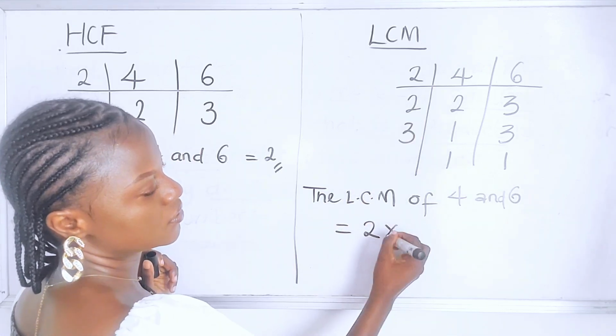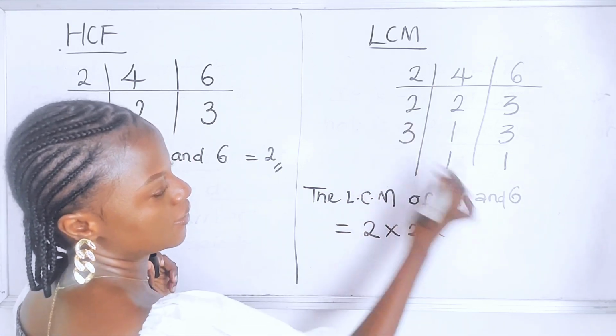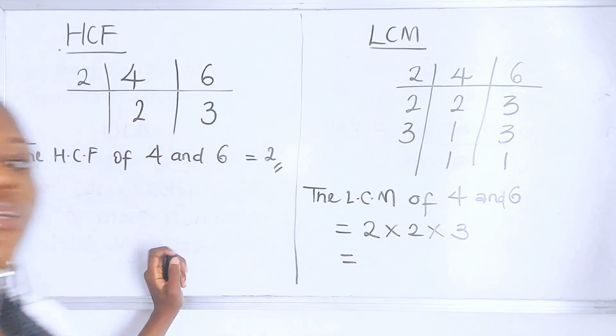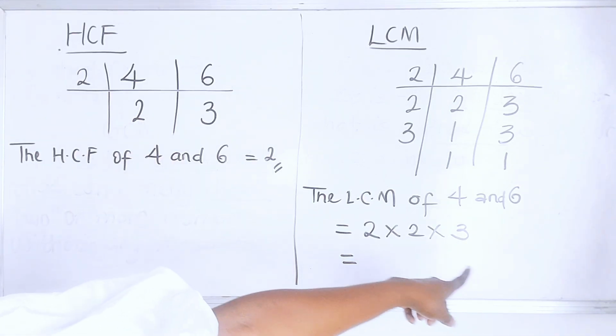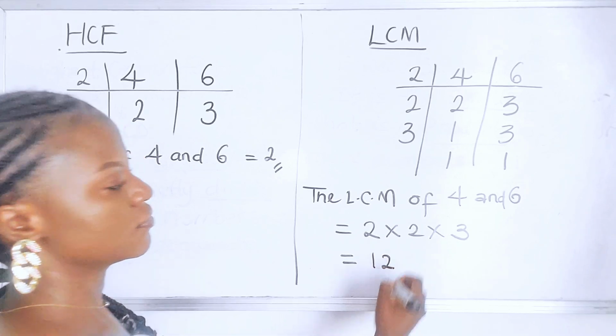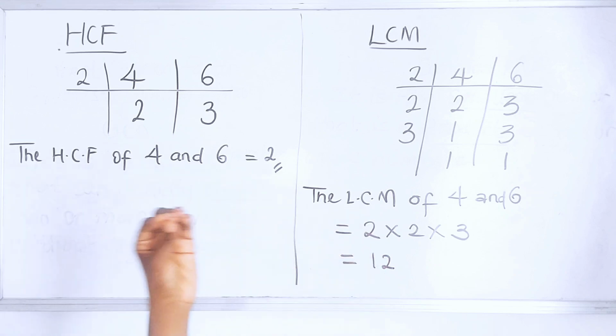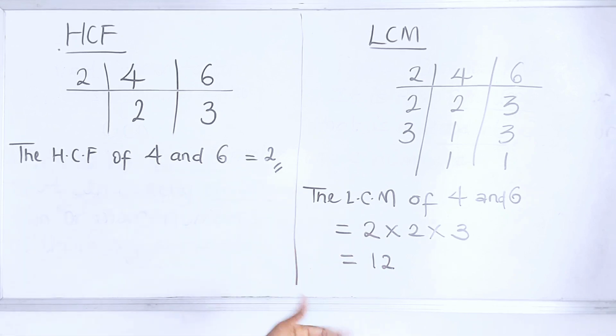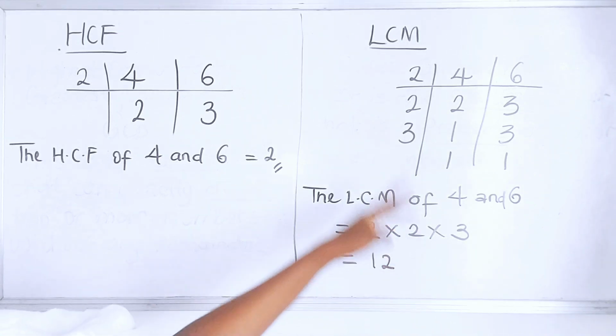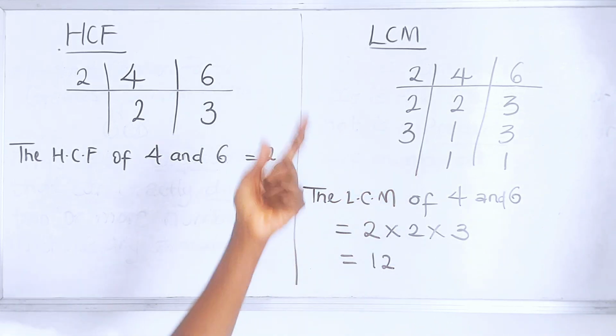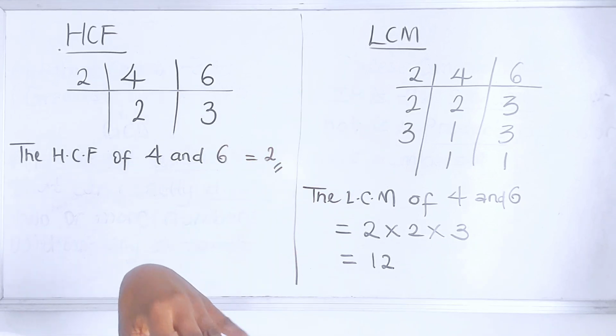So you have 2 times 2 is 4, 4 times 3 is 12. Now, if you remember clearly what we said about factors and multiples, we said that factors would always be less than or equal to the given number, while multiples will always be greater than or equal to the given number. Do you remember? So in this case, our multiple for 4 and 6 is 12, meaning when you keep multiplying 4